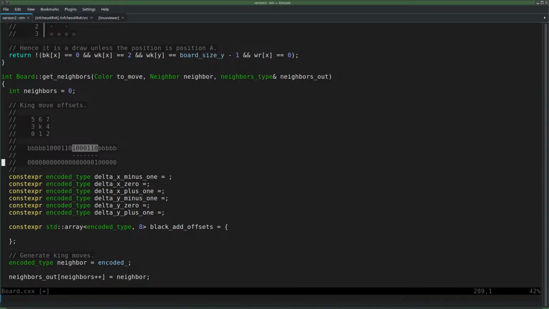It's simply not possible to subtract 1 without an overflow if I add. If I want to subtract 1 from this by adding, I have to add 1, 1, 1, 1, 1, 1, 1, which then always gives me an overflow here. So that means that I would have to